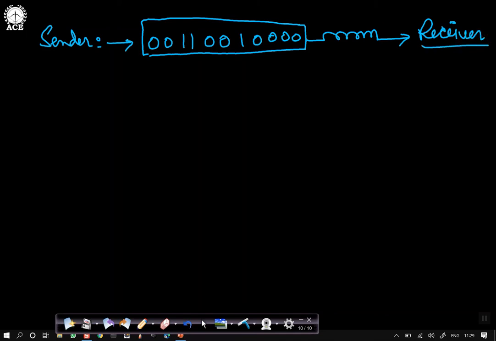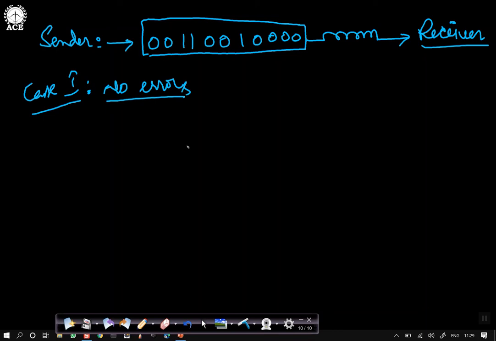So the receiver receives this. It will first perform framing as we discussed earlier, and after that it goes for error correction using the Hamming method. So I take case 1. Case 1, let us say there are no errors. Then how is it going to conclude that there are no errors? How is it going to conclude?